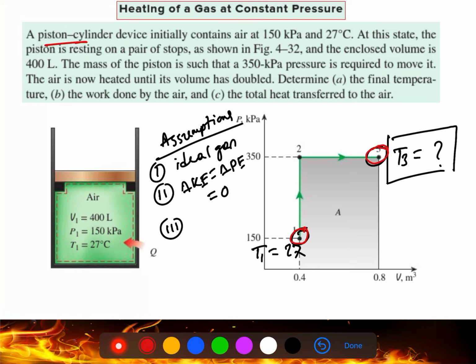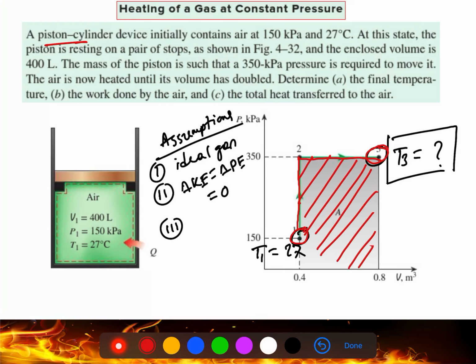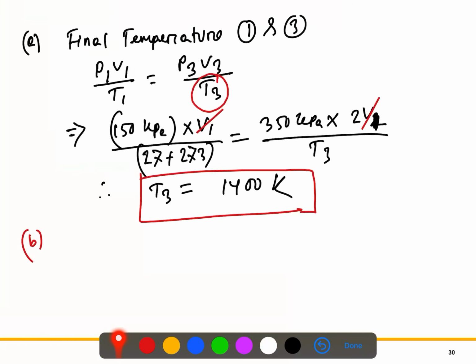If we calculate the area underneath this process curve, it will be a rectangle. If you look here, this is actually a rectangle. So if we calculate the area of this, we can do it from the PV diagram, but let's calculate the area. So the work done from the initial state 1 to the final state 3, we can write